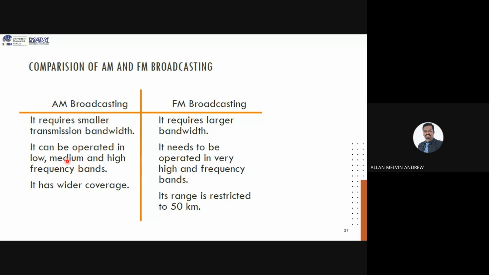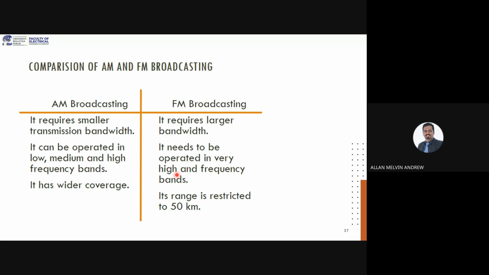So usually when we consider megahertz, it's already high frequency. Low frequency means in hertz, maybe 5 hertz, 10 hertz, 20 hertz. Even our human hearing ability is between 20 hertz and 20,000 hertz, so our hearing frequency range is not so high. AM can operate in low, medium, and high frequency bands, but FM operates